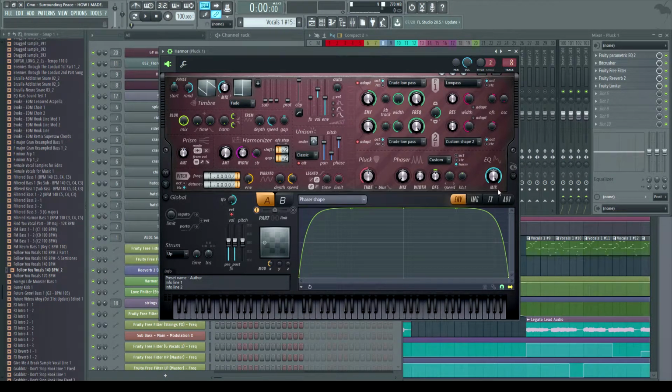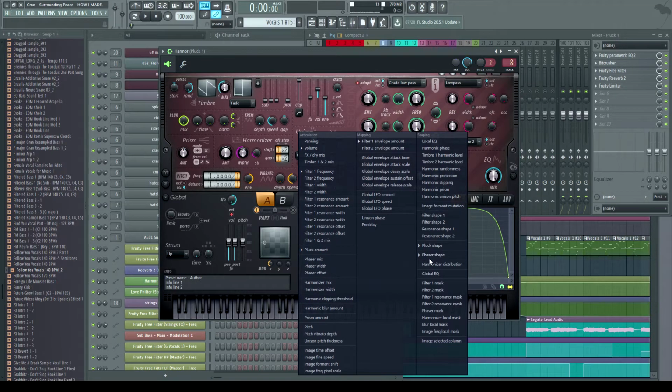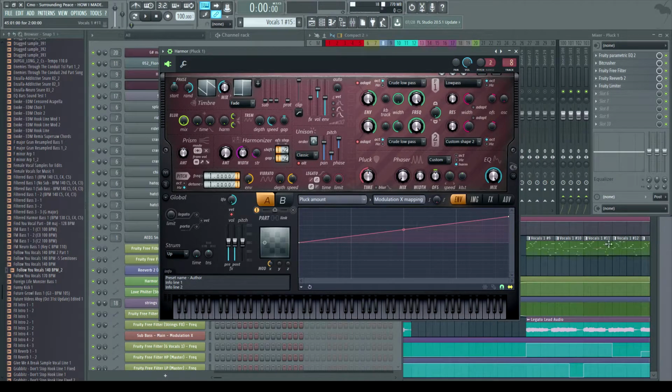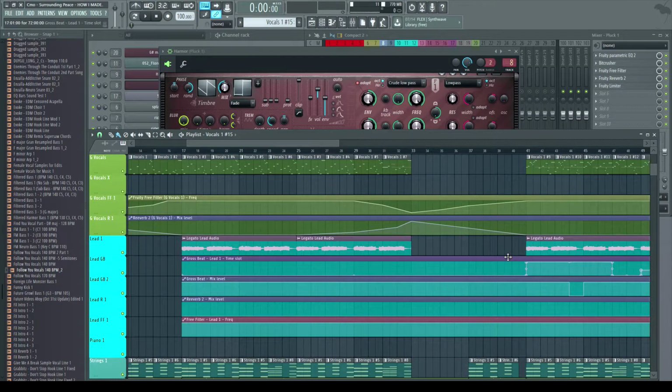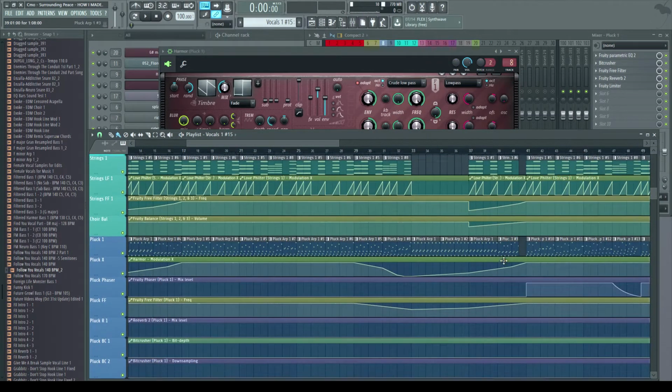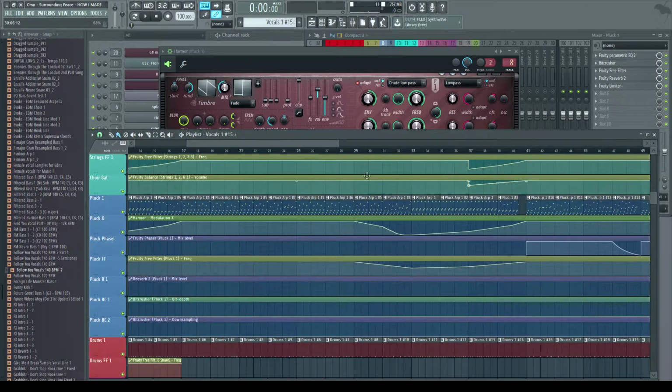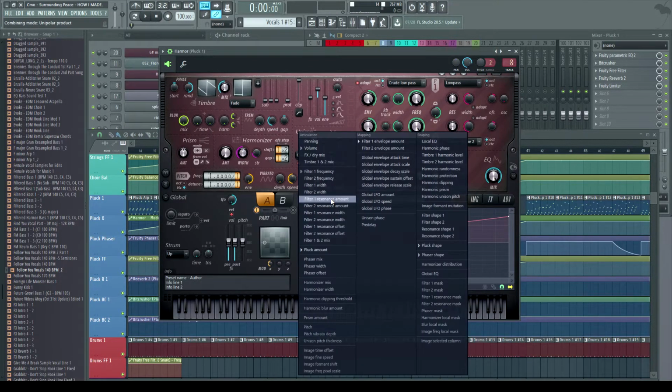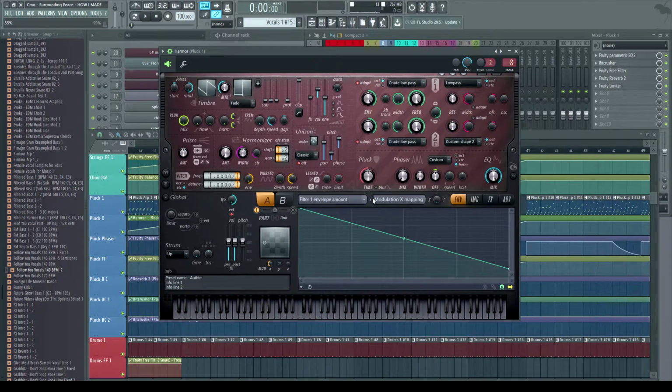And the phaser shape, I did try to mess around with phaser, but apparently that didn't work out, so never mind with that. And if you want to change the actual pluck amount, then definitely have the shape or this modulation X mapping to this degree. So yes. Although I don't remember if I did mess around with that. Oh yeah, it seems like I did actually. So there you go. What else is there? Filter envelope amount. I guess I did something with the X modulation mapping there, so I guess that helps out a lot too.